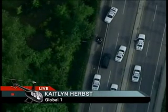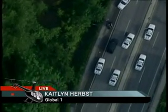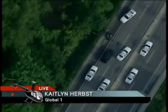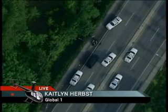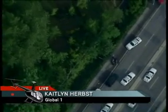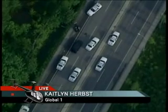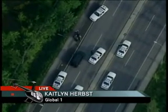Obviously, traffic will be affected in this area for quite some time, though, Caitlin. Definitely. So this area of the Lougheed Highway, I'm assuming, will be completely blocked off, east and westbound. It's just west of the east end of the Haney Bypass. Now, the Lougheed Highway and the Haney Bypass meet up twice. This is the east part of that, and traffic